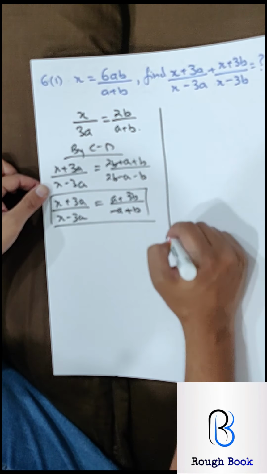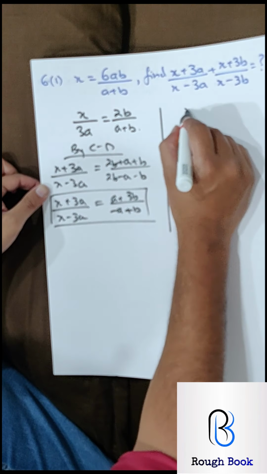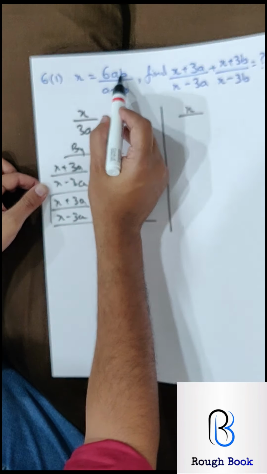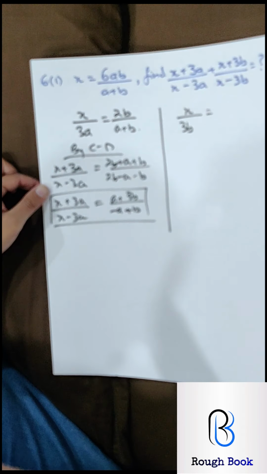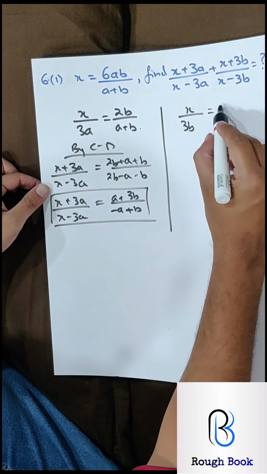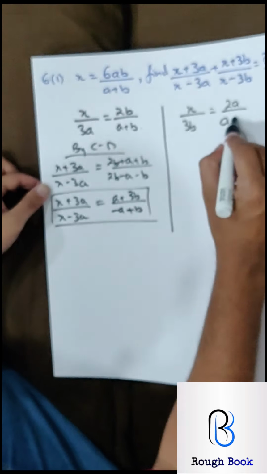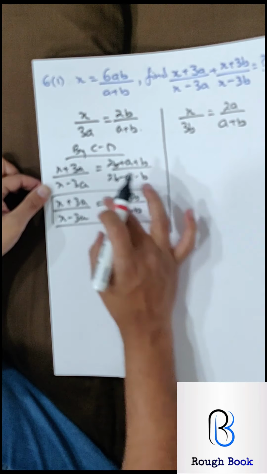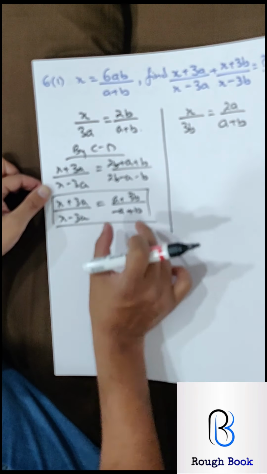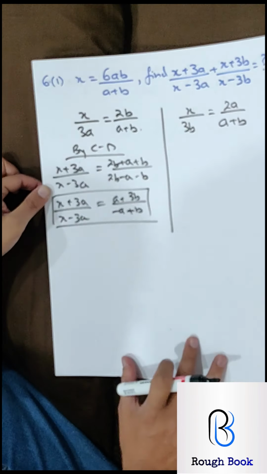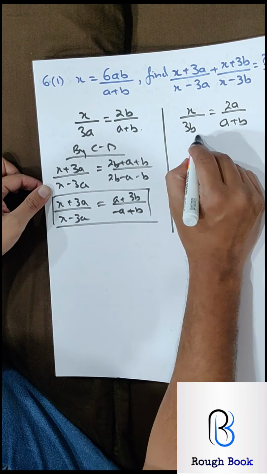Now to get the second part, we again start from here, and this time from the 6ab, what shall I borrow down? Yes, 3b. So if 3b is borrowed from here, what is left? 2a. Same method. When you reach here, take this LHS add, take the RHS add. Try going ahead, then I will help you obviously.